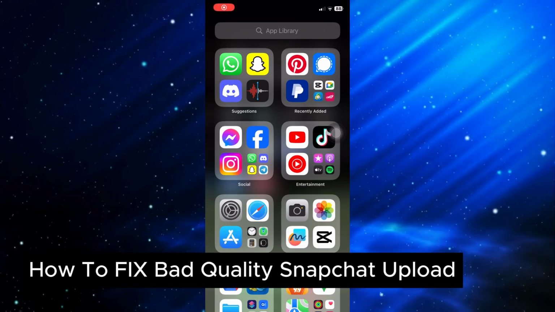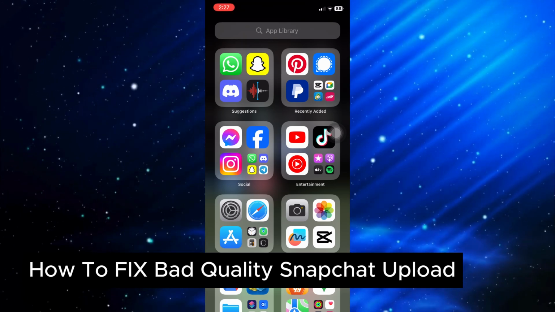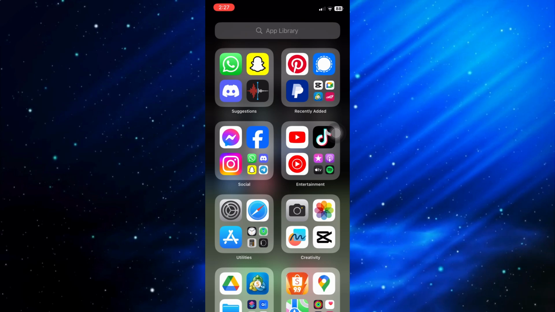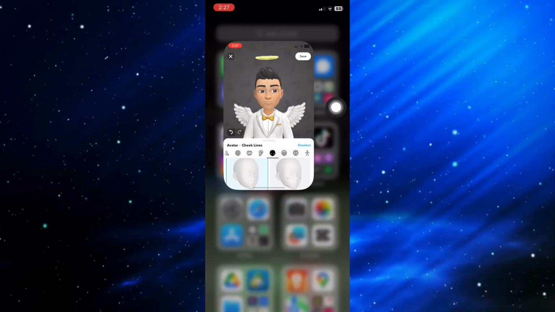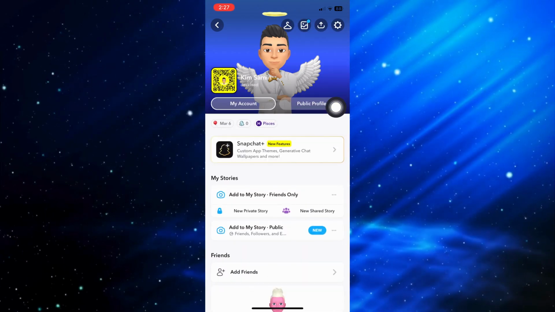How to fix bad quality uploads on Snapchat. This is a step-by-step guide, so you should be able to follow easily. Now first things first, you want to open up the Snapchat application right here, and once inside, you can just